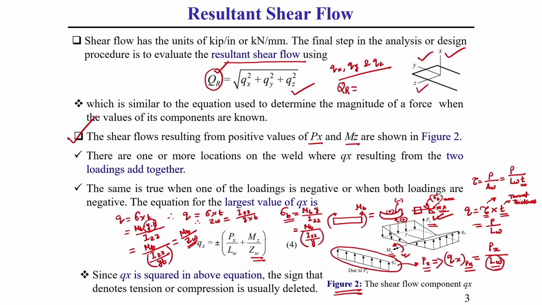What is y? y is the furthest distance from this z axis, because that is where the bending stress is maximum, and this bending stress also acts along the direction of x. You can see here, because if this is rotating like this, then this is how the bending stress will be.